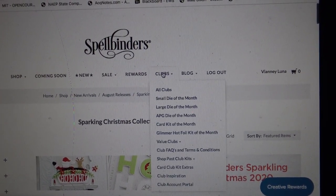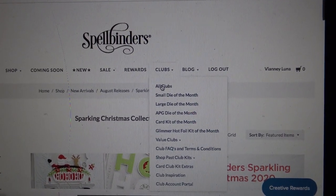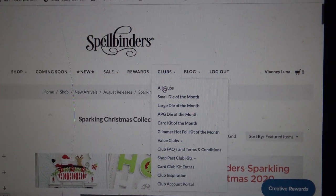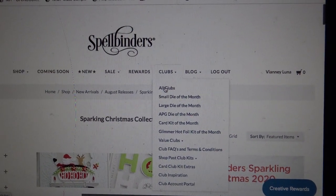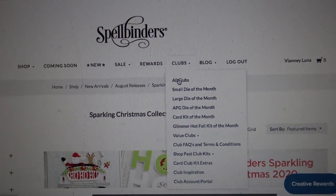They always give a preview. The previews are usually on YouTube or their blog. On the blog, it's usually like a little image you might see, but now it's September 1st, so you can actually see the clubs. And even when I woke up this morning, they hadn't charged me yet, and I was like, oh, I wanted to make some adjustments, because sometimes